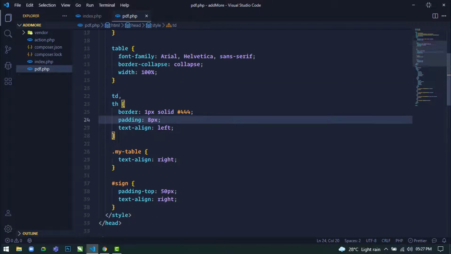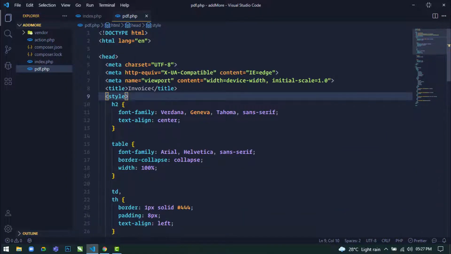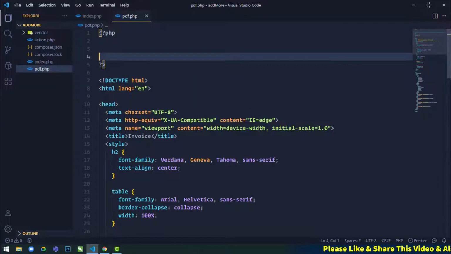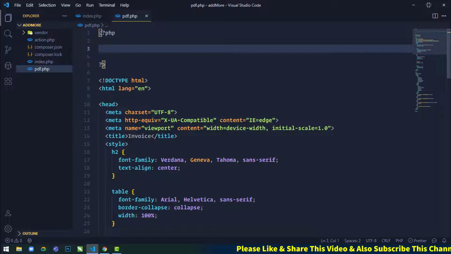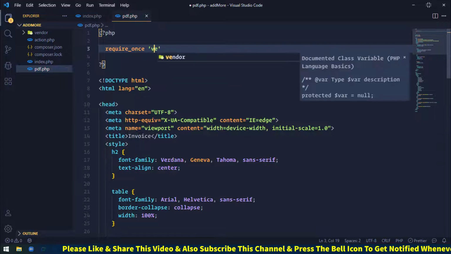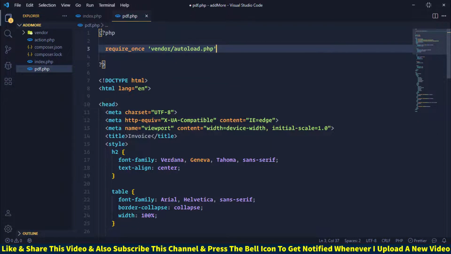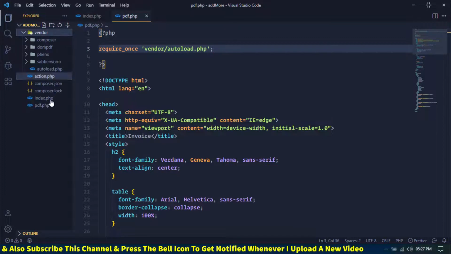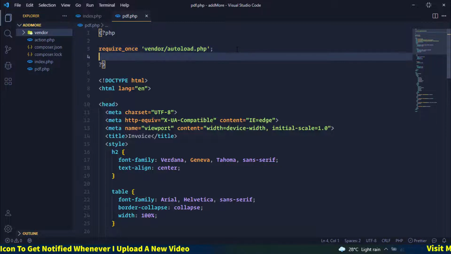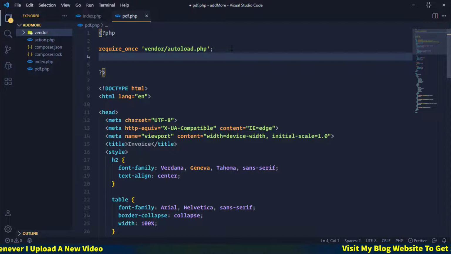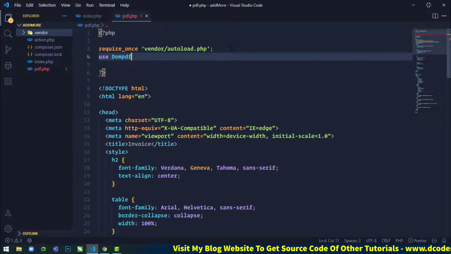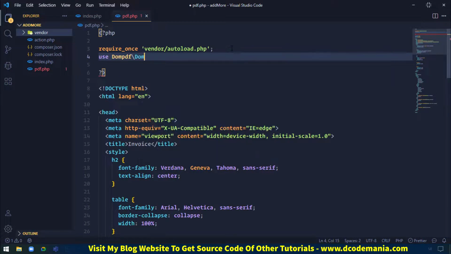Now next what I will do is here at the top in this PDF file, I will open the PHP tags. Okay, and next here I will use require_once, and then first I will select this vendor and then the autoload.php file. Okay, so if we go to this vendor directory, then there is an autoload.php file, so we have to include this file inside this pdf.php file. Okay, now next we have to use Dompdf, then Dompdf. Okay,